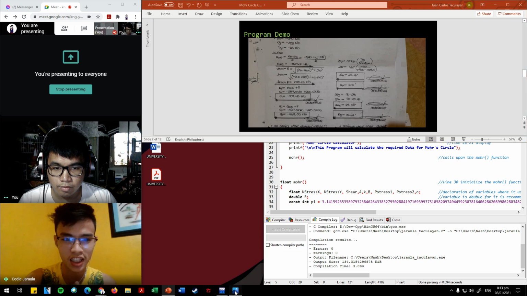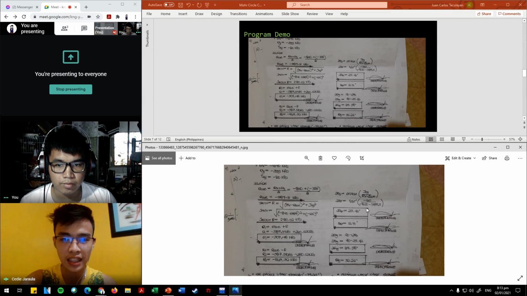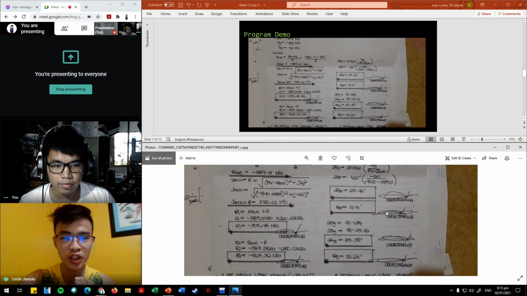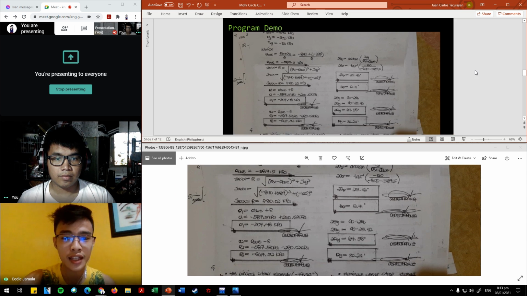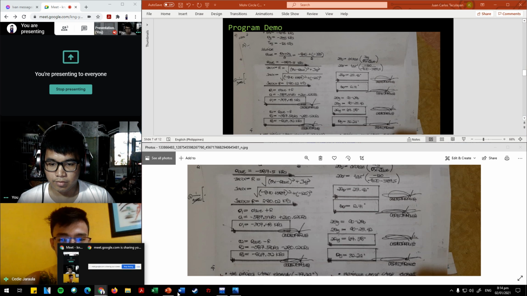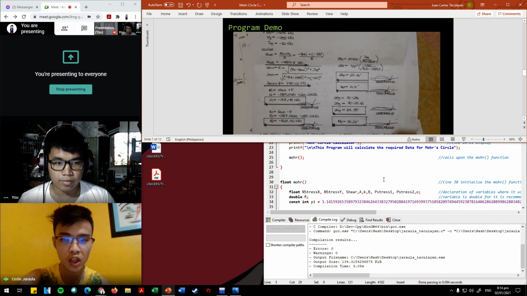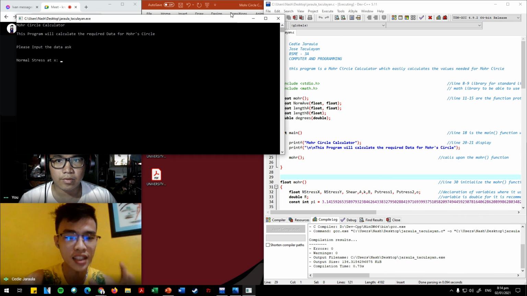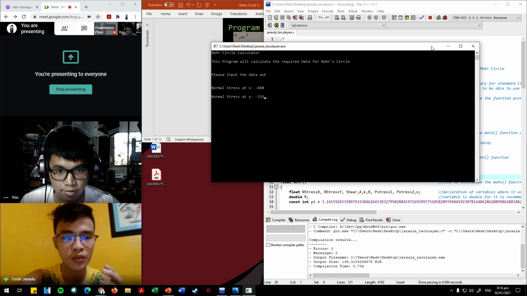To prove things, we solved the same problem manually. As you can see, we have a written solution displayed on the screen, and as you can observe, we obtained almost the same answer. We solved the percent error for every value obtained, and we got a percent error of almost 2% and below. With that, we can say that this Moore circle calculator is very accurate